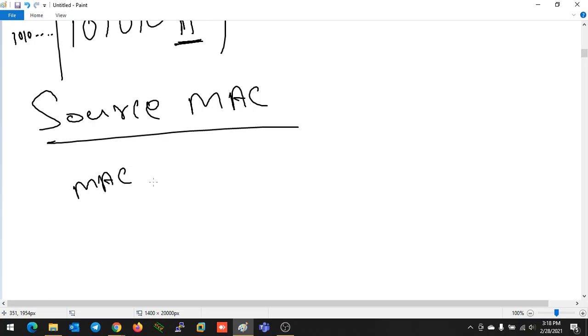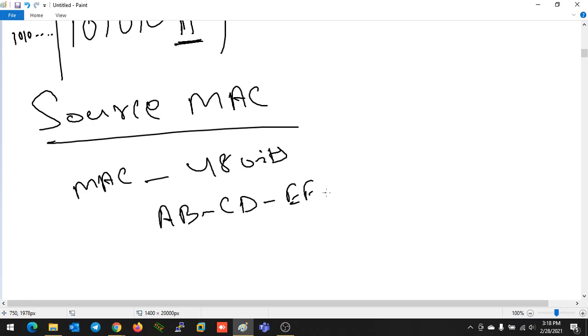It will be a size of how many bits? A total of 48 bits. Okay. So a total 48-bit MAC address will be there. For example, it will look like A, B, C, D, E, F, then 1, 2, 3, 4, like this you will see.